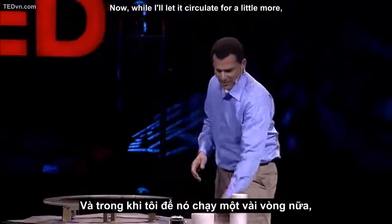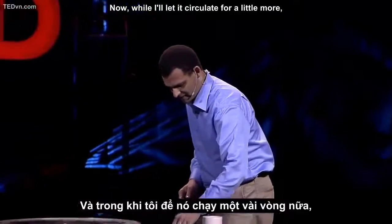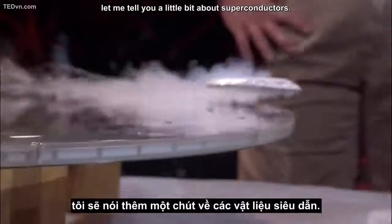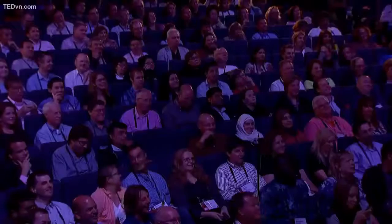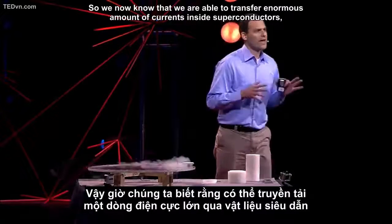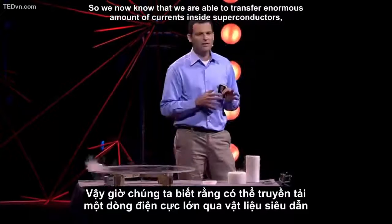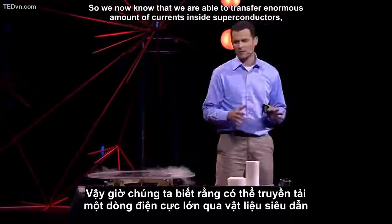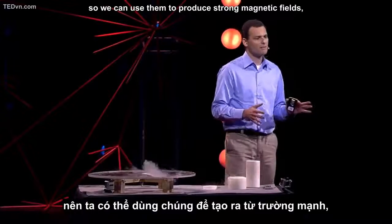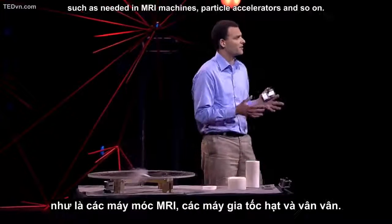Now, while I'll let it circulate for a little more, let me tell you a little bit about superconductors. So, we now know that we are able to transfer enormous amount of currents inside superconductors. So we can use them to produce strong magnetic fields, such as needed in